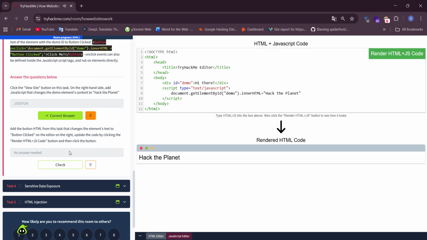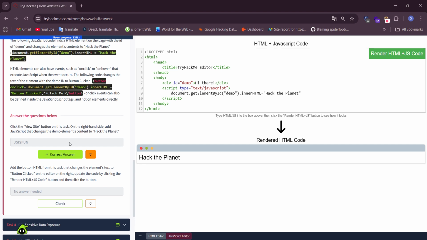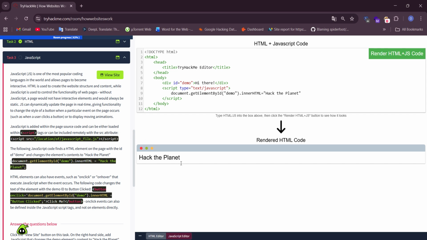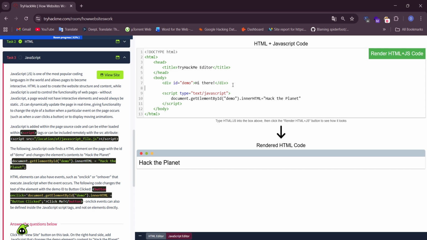Add the button HTML from this task that changes the element text to the button. Click it in the editor on the right. Update the code by clicking the render HTML plus JS code button and then click the button. Okay, we must write here a button tag and onclick, and write